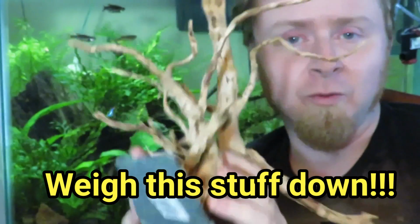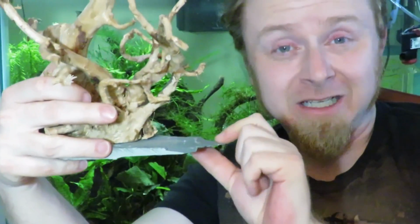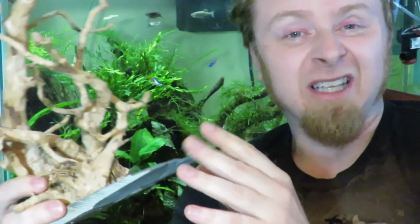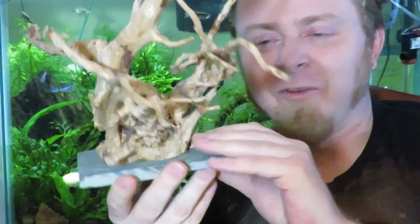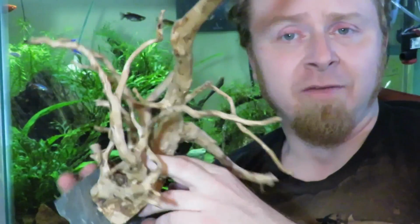So a lot of times you will see it sold on a piece of slate. That allows you to weight it down. Now, I don't typically like keeping it on this slate because it limits how it's going to be presented in your tank, and you might not want it to be the way that someone else has bolted it on. So you can weight this down with other rocks on top of it as part of your scape,